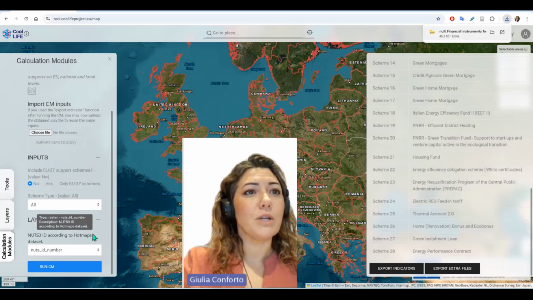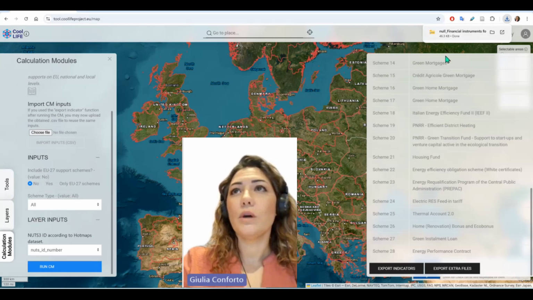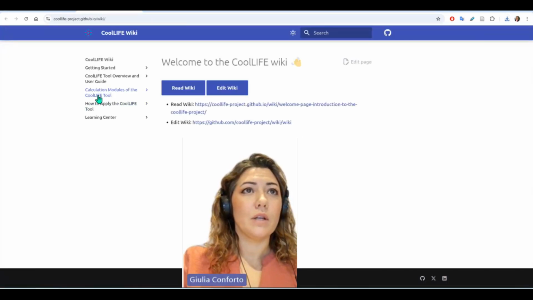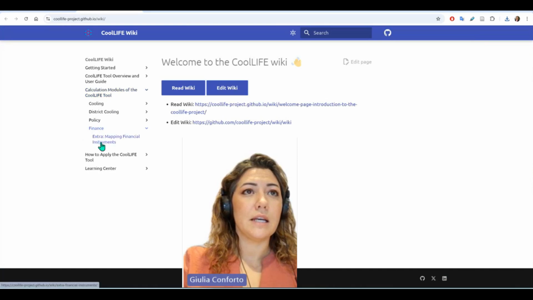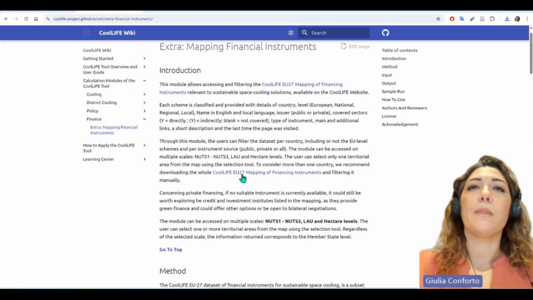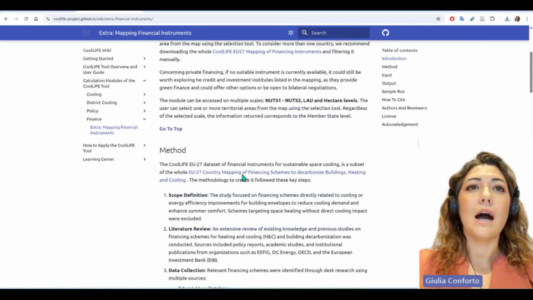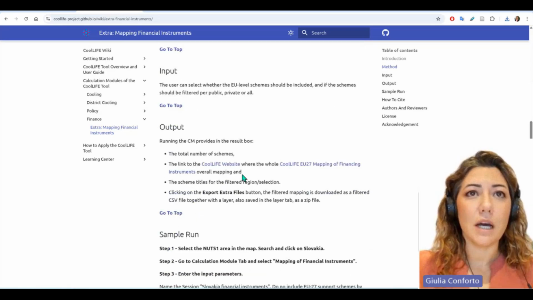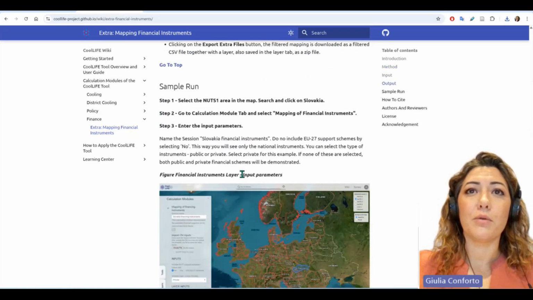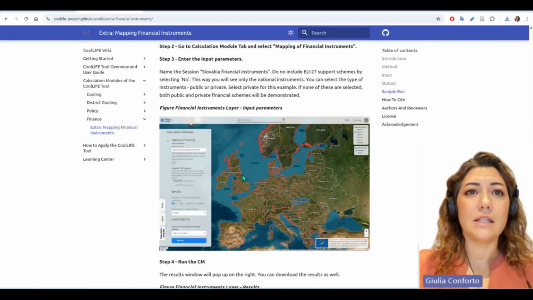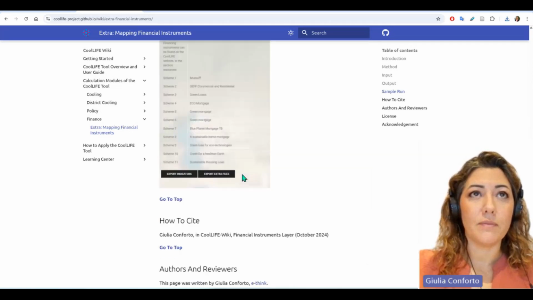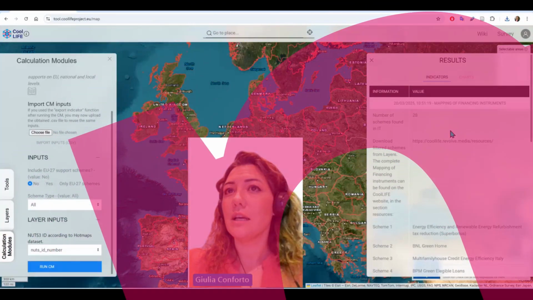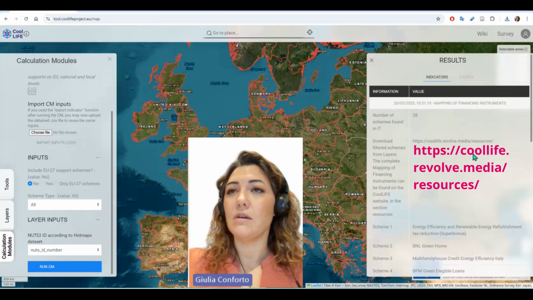So for more information about this calculation module, you can also open the wiki. Here we go, calculation module, finance, and here the wiki page explains how the mapping was put together, what is included, what kind of input and output the user can provide and retrieve, and there is an example of a sample run. On top of that, if you follow the link that is provided at the beginning of the result box here,